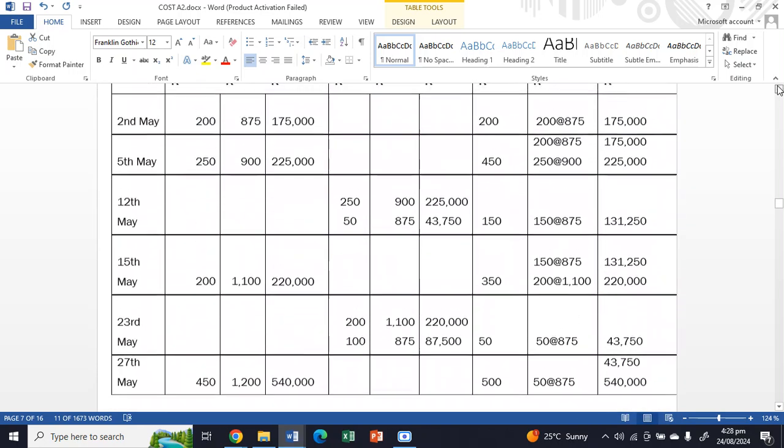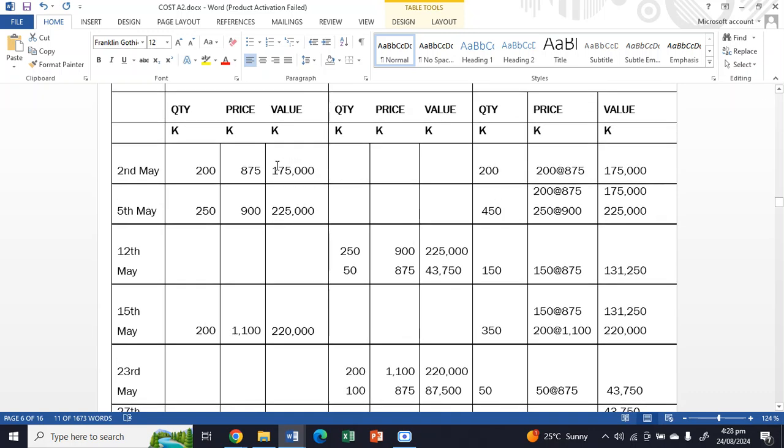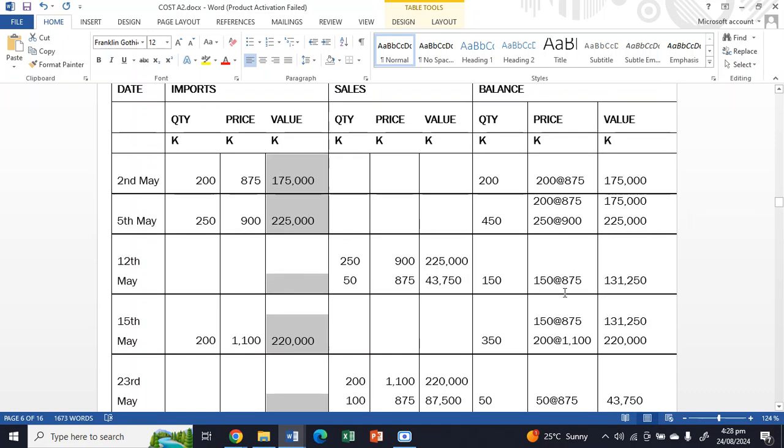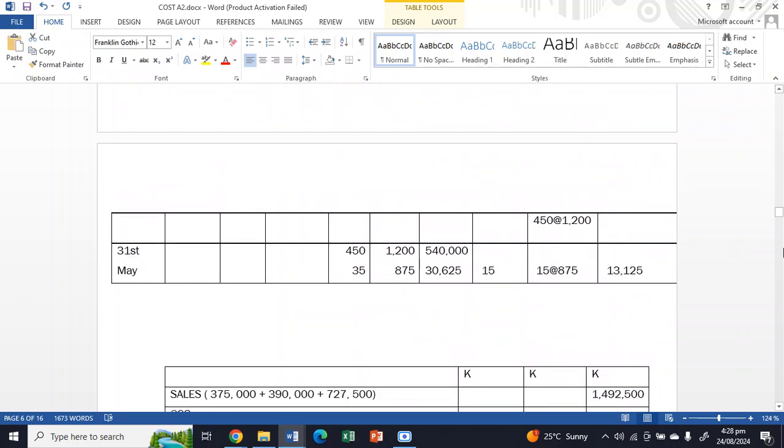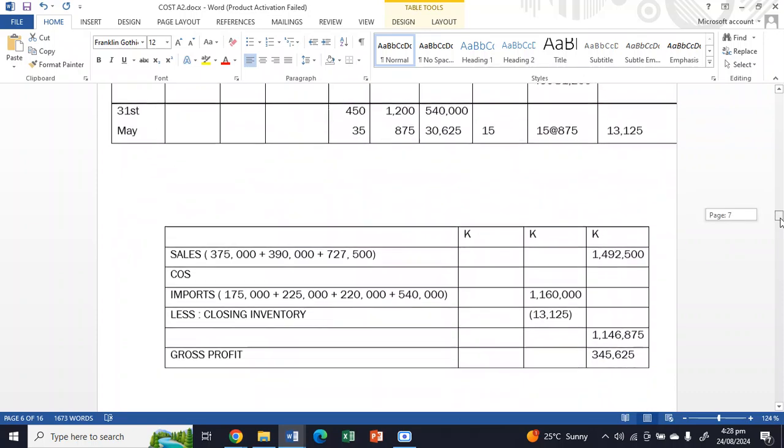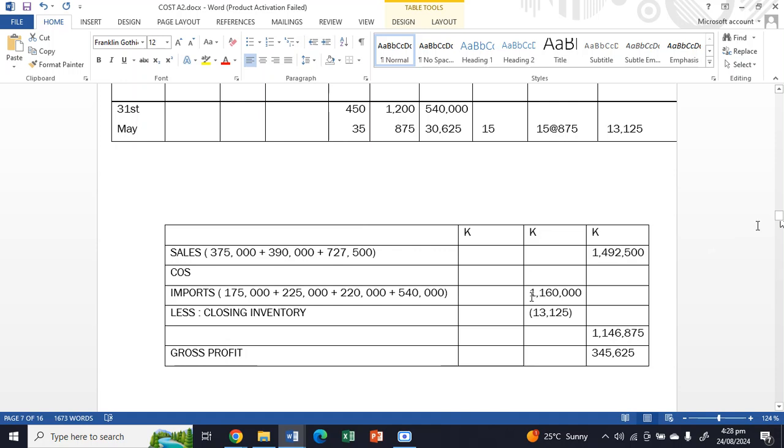Okay. So for FIFO, LIFO, and AVCO, this value of purchases will still remain the same. Where they will differ is how you're valuing the inventory and the final closing inventory that you get. So our total purchases